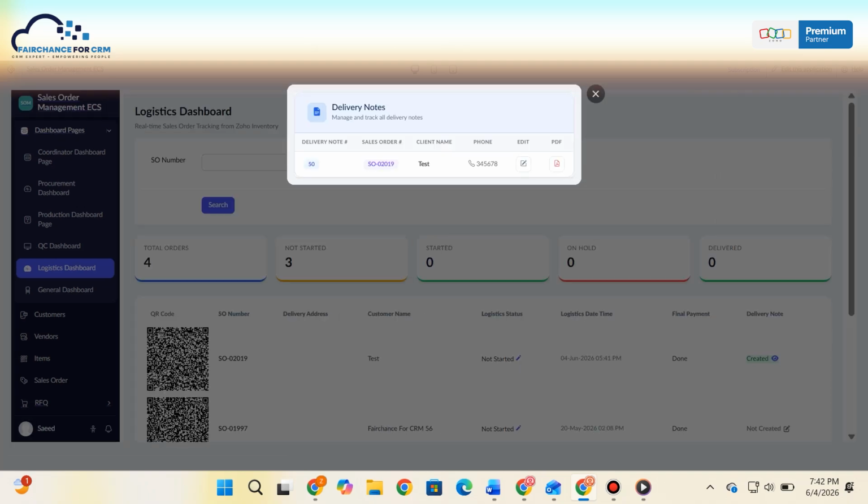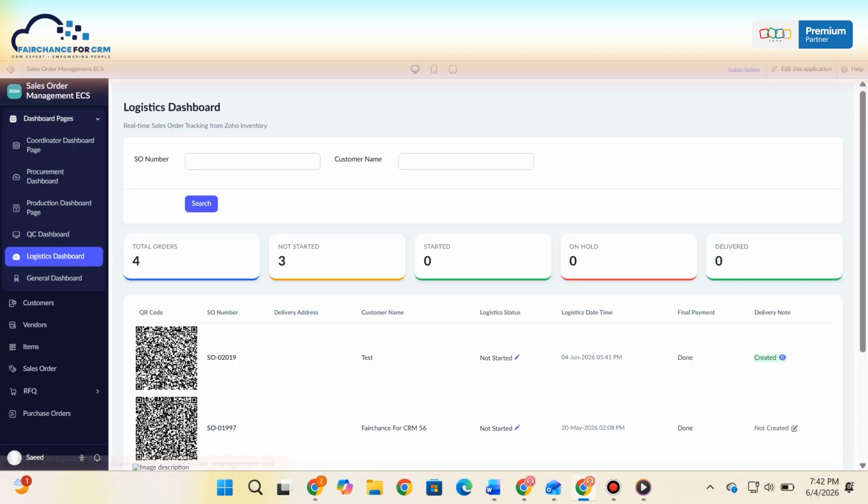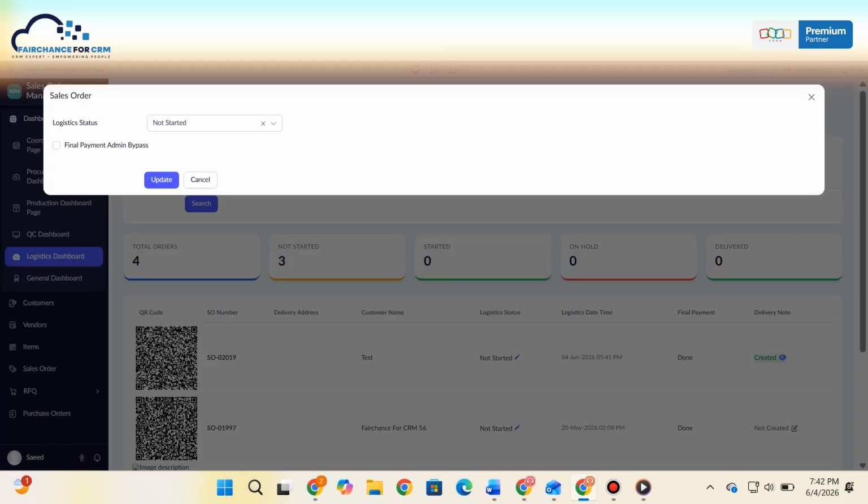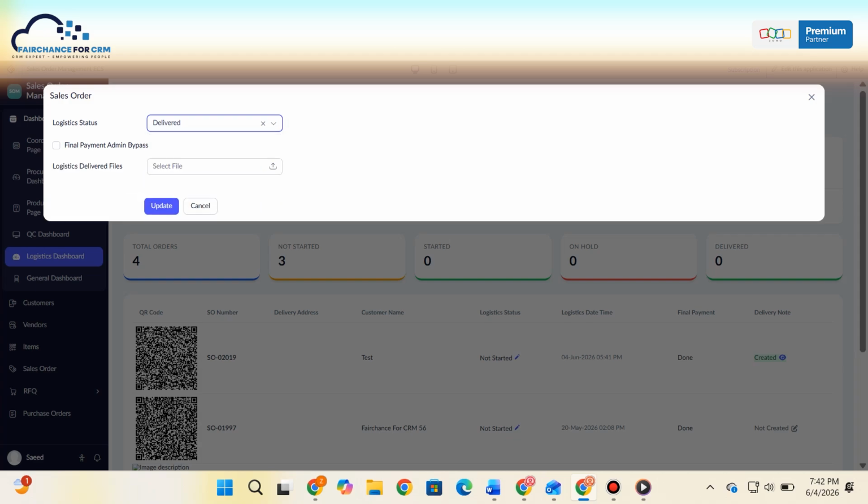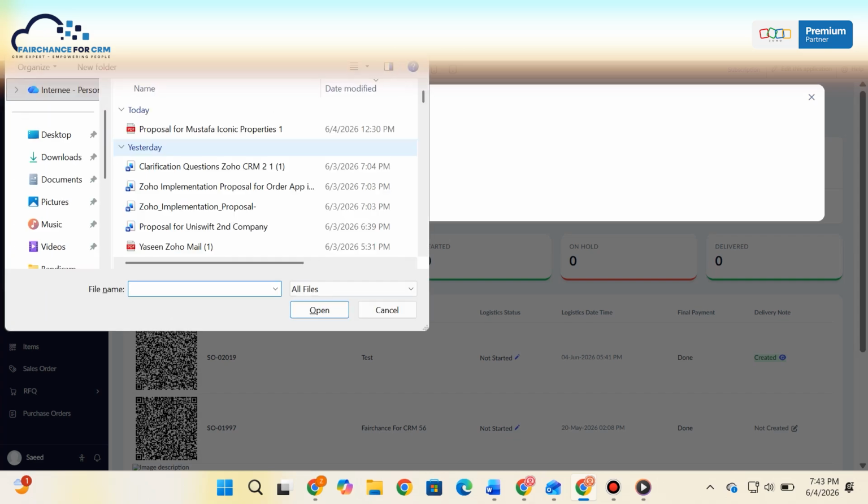They can create the PDF and share it to the client. They will deliver it. They have to put a file as well.